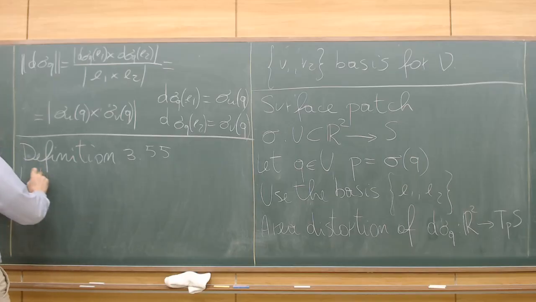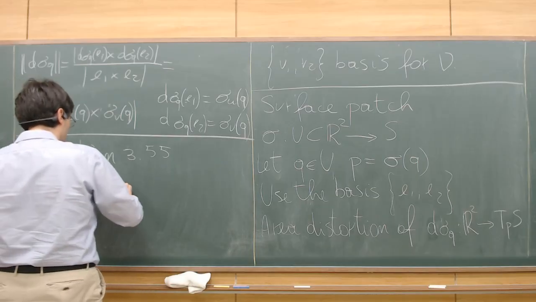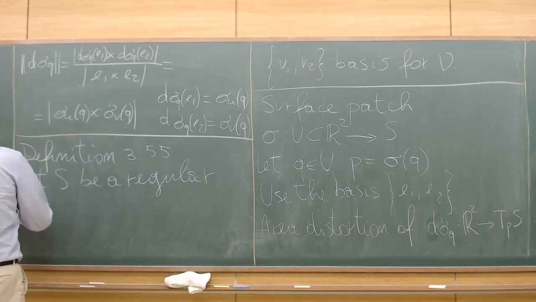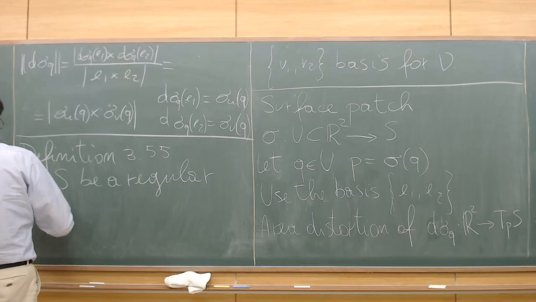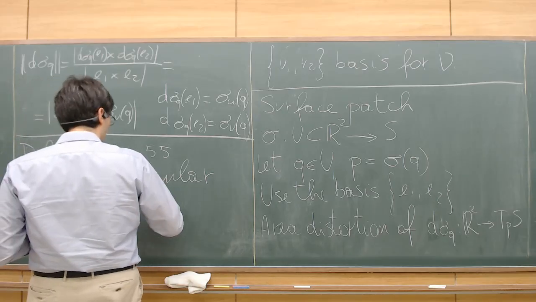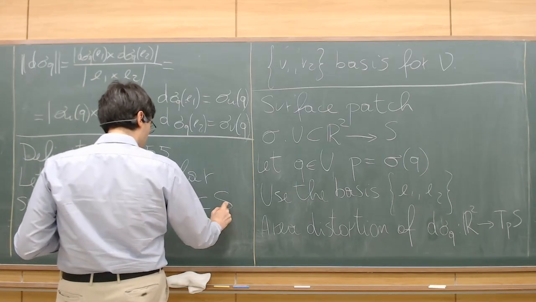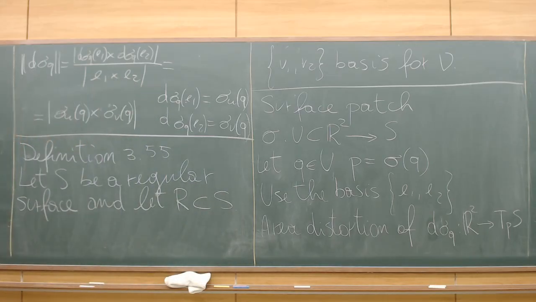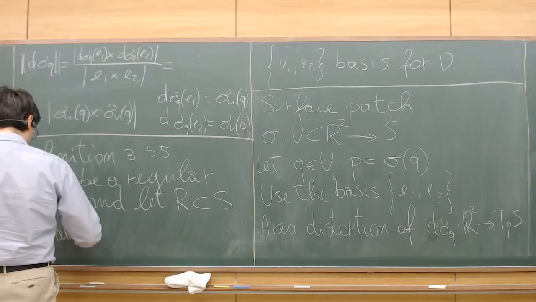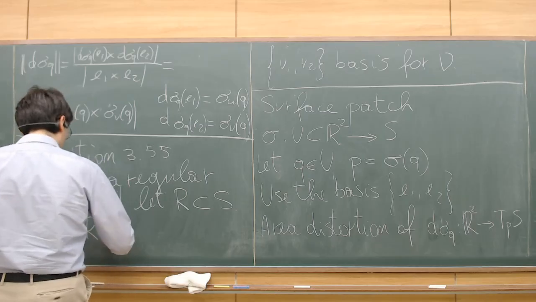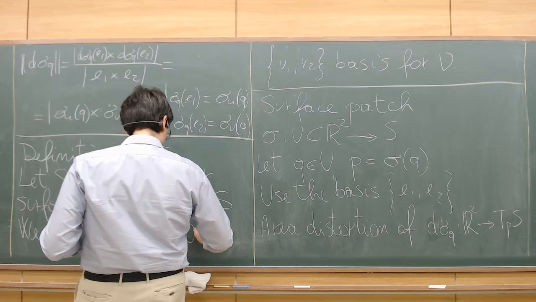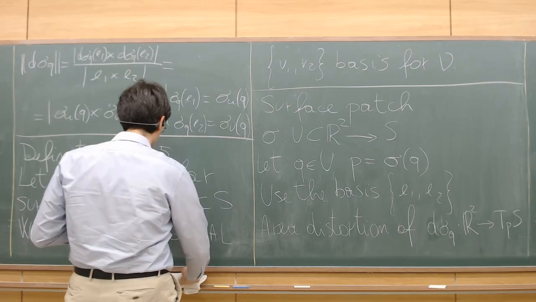Let S be a regular surface and let R be a region of this surface. Then we call R a polygonal region